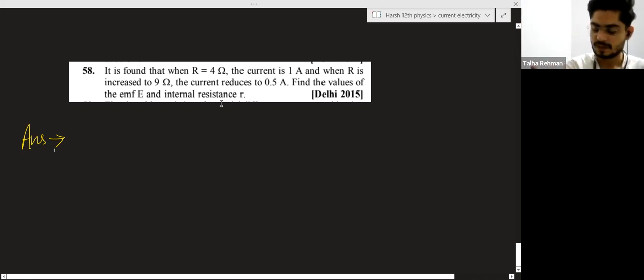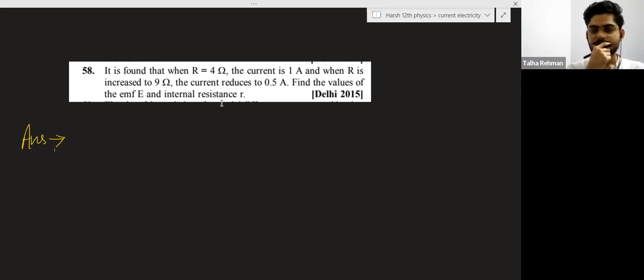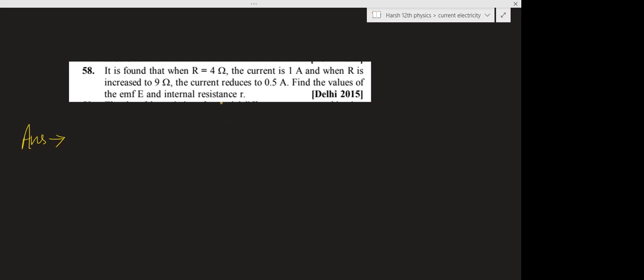The question is that we have a cell of EMF E and internal resistance r, and first we have connected that cell with 4 ohm resistance, and we are getting a current of 1 ampere. After that, the same cell we are connecting with a 9 ohm external resistance, and we are getting a current of 0.5 ampere. So for the condition, first you will write,